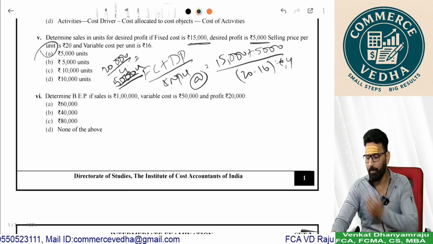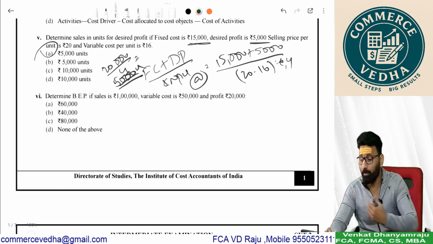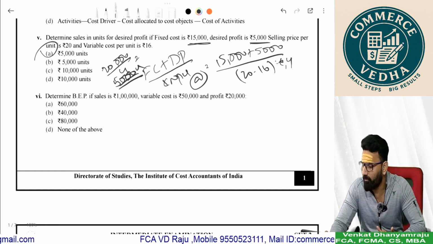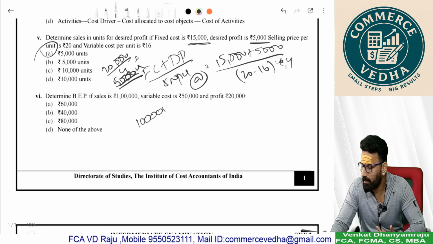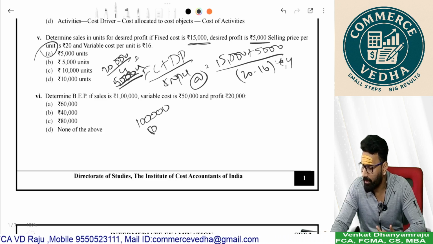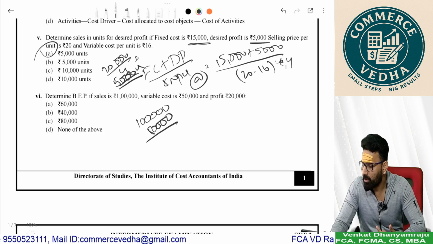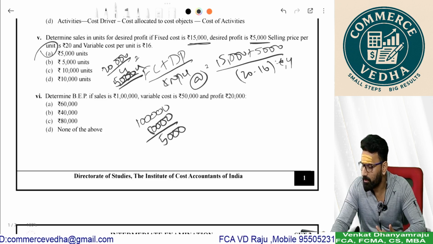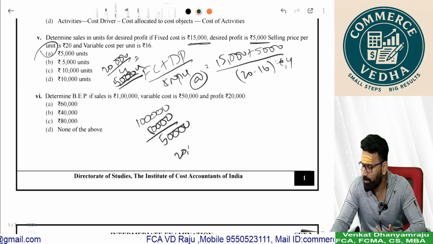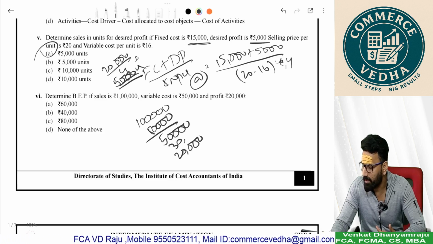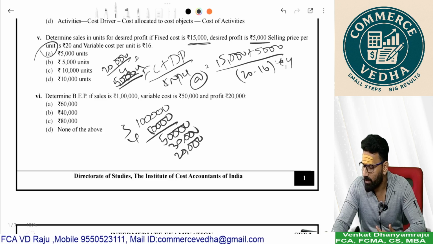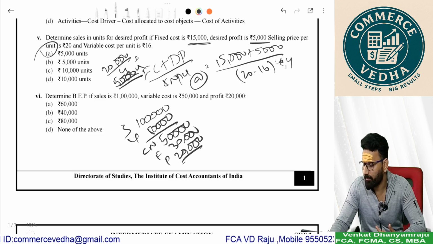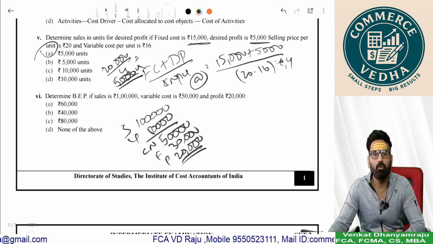Now, if BEP you should compute, sales of 1 lakh, variable cost is 50,000. So the contribution is 50,000. And profit 20 means fixed cost is 30. Sales, variable cost, contribution, fixed cost, profit. So now we should know what is